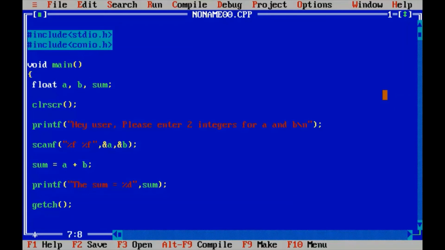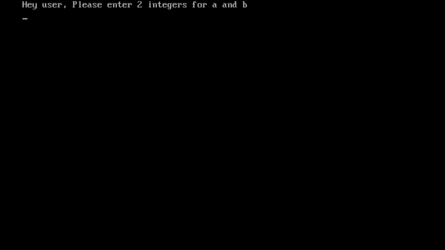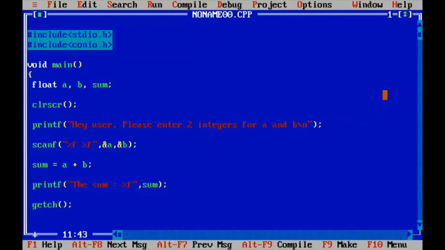These are numbers with decimals. So I must specify the float keyword here, and here also I must specify %f. Let's run this again. Hey user, please enter two, now not two integers, right? So I have to change the output message also to real numbers, right?